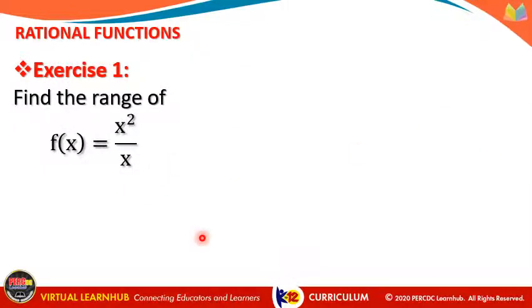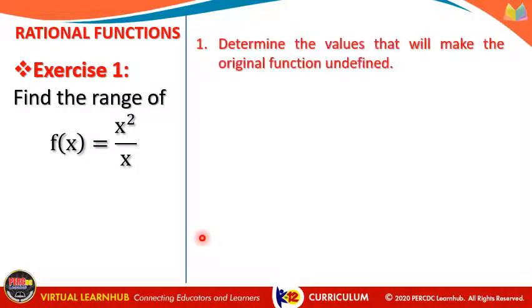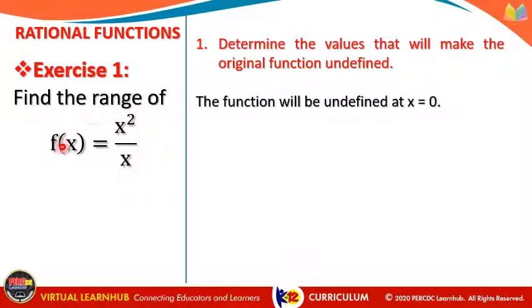Find the range of x squared all over x. Again, step 1, determine the values that will make the original function undefined. Kailan magiging undefined ang x squared over x? Hindi ba, again, for rational functions, ang binabantayan lang naman talaga natin dito is, ano yung magpapa-zero sa denominator? Yun lang naman ang binabantayan natin. Kailan ba magiging 0 yung denominator? Siyempre, yung denominator ay magiging 0 if x is 0. So the original function will be undefined at